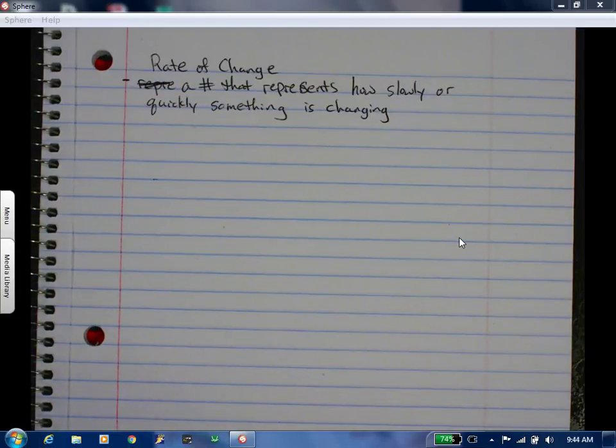Okay. That is a rate of change. So your speed is a rate of change. So whenever you have something that represents how quickly or slowly something is changing. So you're filling up a bucket of water. How quickly that's filling up, that can be considered a rate of change. Okay. So the key word there,